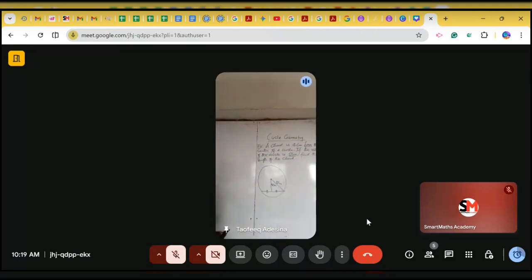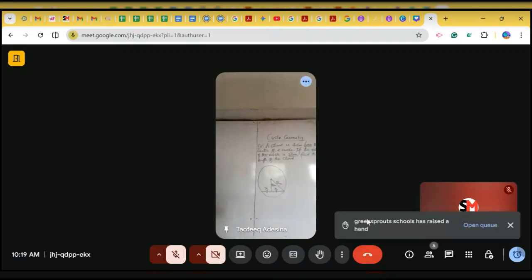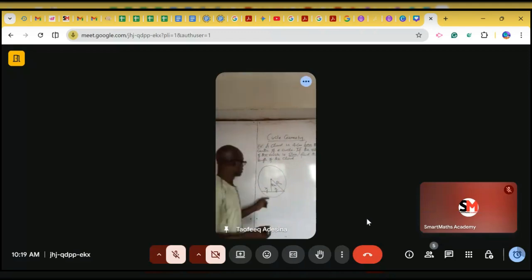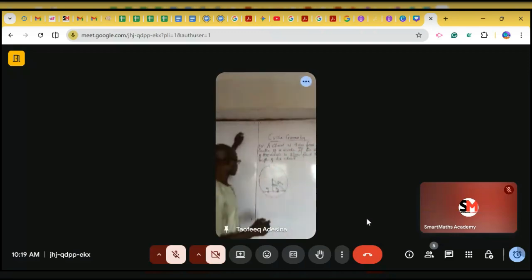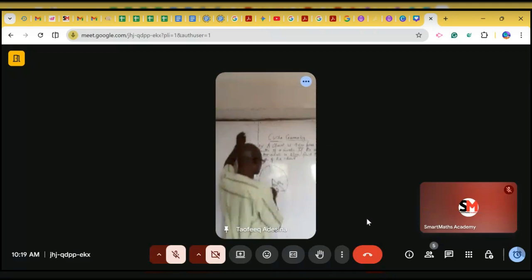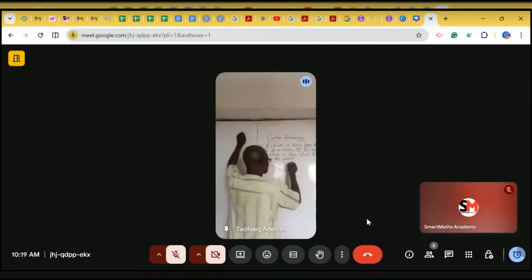It depends on the way you want to label it. I can say this is X. This also must be X because the two of them must be the same according to what the theorem says. So this is at angle 90 degrees. In that case, we can say using Pythagoras theorem,